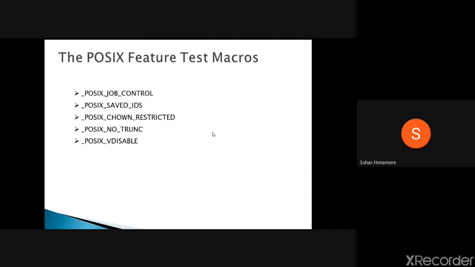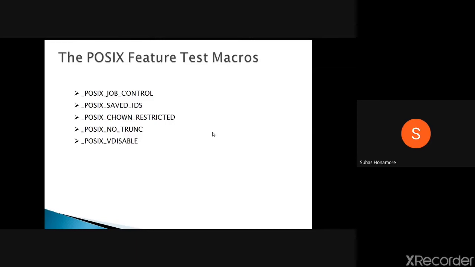Okay, so if it is defined, it means each process running on the system keeps the saved set-UID and set-GID. So existing systems will have set-UID and set-GID, and it can change the effective user ID and effective group ID of those processes. For a running process, you will have a particular set-UID and set-GID, and the effective user ID and effective group ID you can change.